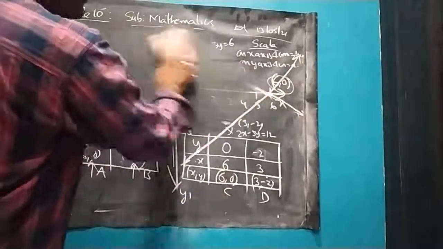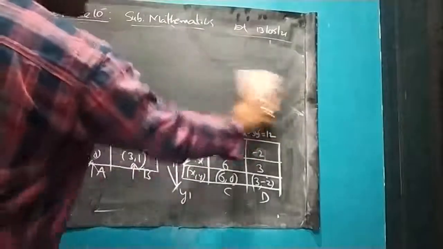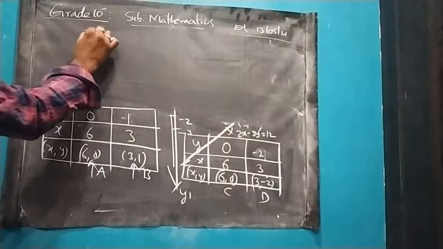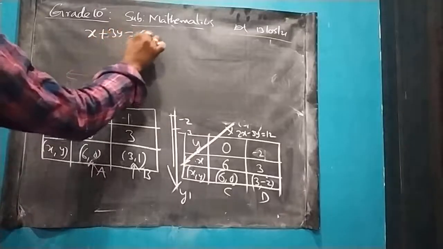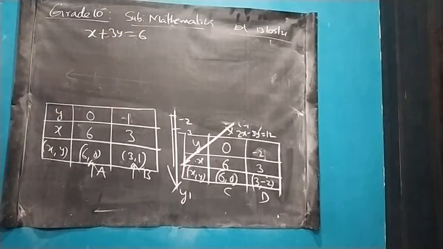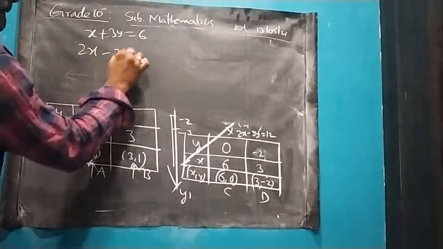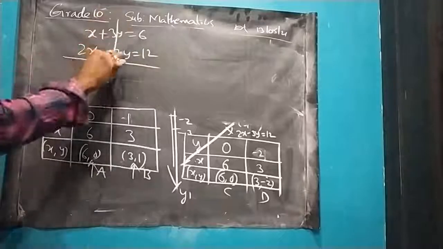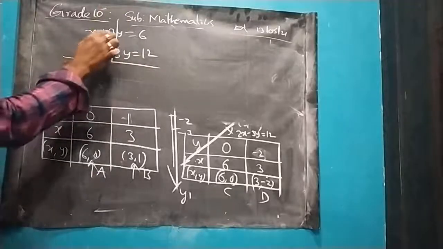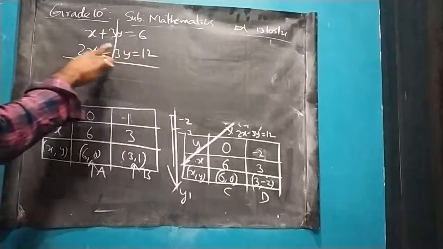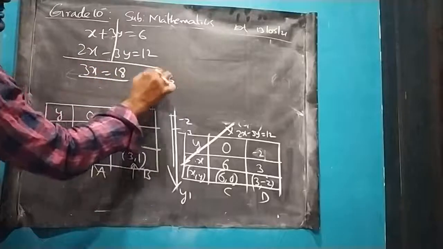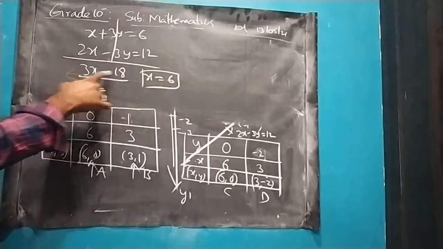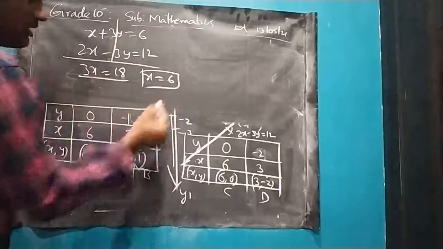Now, let us see whether my point is correct or not. Whether 6, 0 is correct or not, we will see. So what are the equations given to me? The first is x plus 3y is equal to 6. The second equation is 2x minus 3y is equal to 12. By seeing this, these two get cancelled. Why? Because plus and minus. Since the signs are opposite, they get cancelled, so we have to do addition. 2x plus x is 3x, is 18. So x is 6. Why? Because 18 divided by 3 is 6. So I got the x value 6.